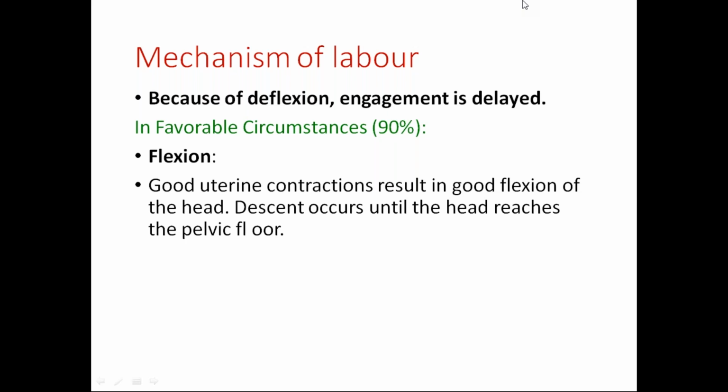Instead of rotating anteriorly, with the occiput towards the anterior side, it will rotate backward, to the posterior side. If it is right occiput posterior, it will go toward the sacrum. So it will convert to direct occiput posterior. In case of left occiput posterior, again it rotates toward the sacrum and becomes direct occiput posterior.